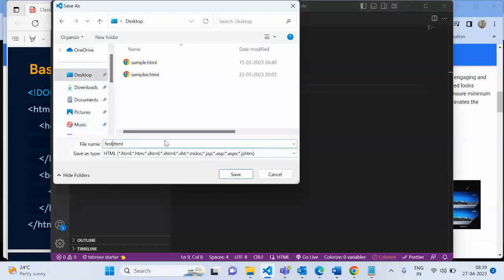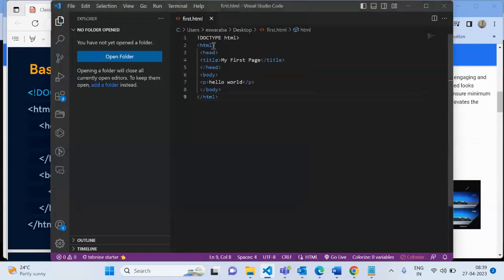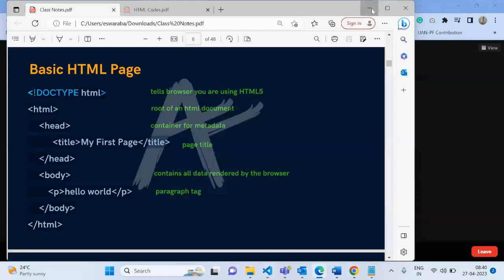First.html. Okay. So always you have to give .html as the extension. If you do not give the .html, what will happen? It will be saved as a text file. If I save, right, what will happen? See, it will be saved as a text file on the desktop.